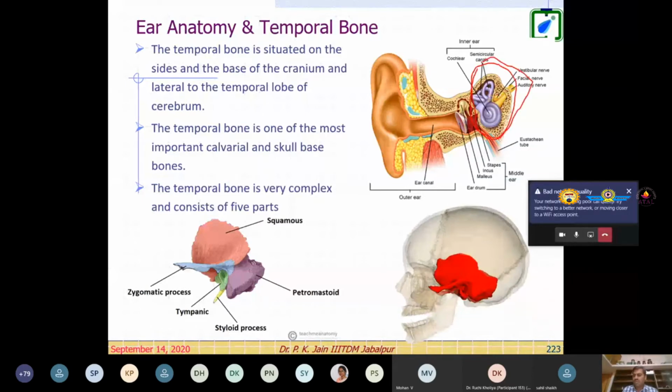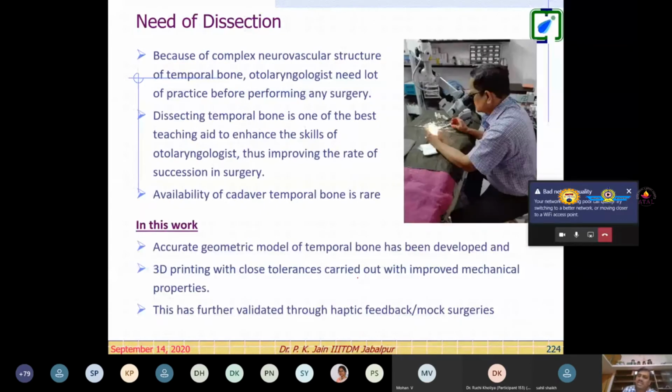So based on this, you see what he developed, because we have discussed a lot that the material properties depend on the process parameters. So what he did, he tried to fabricate the bone with a polymer material with mechanical properties very close to the bone, so that doctors can perform dissection on those bones.